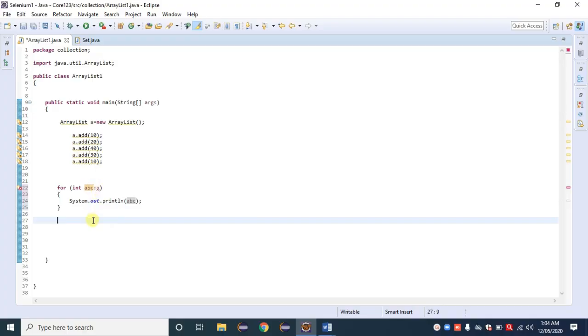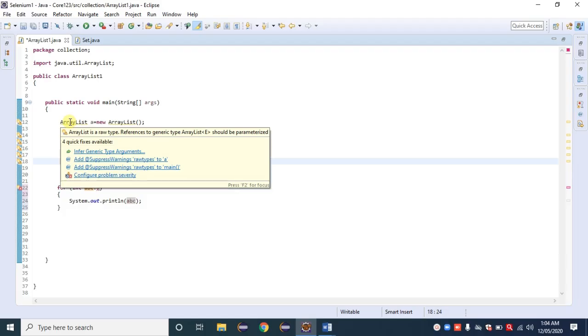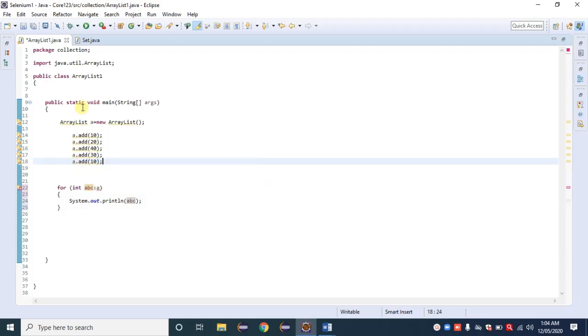What is that error? No doubt all the elements are from the integer family, but what is the function of an ArrayList? An ArrayList can save anything. It may save integers, it may save strings, or it may save a combination of strings and integers, which means heterogeneous.